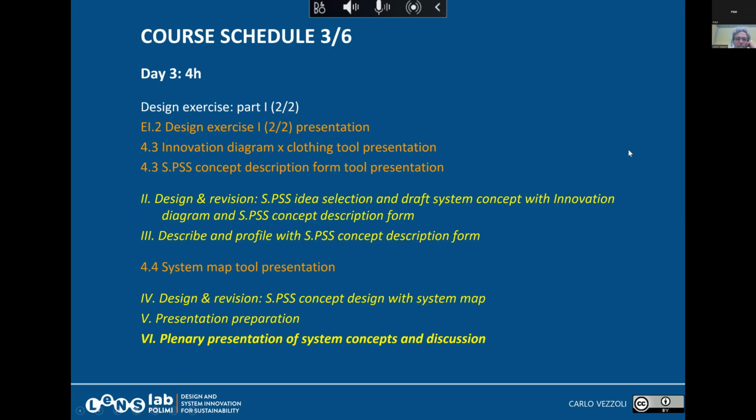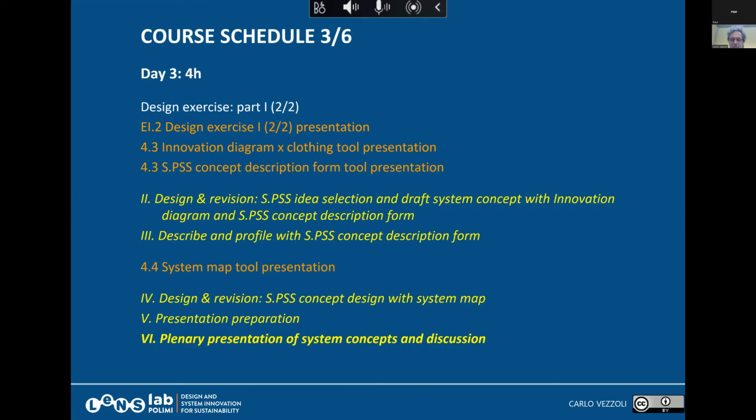The third day, again, there will be a design exercise presentation, and then the presentation of two tools, and then you will be working. Where it is yellow is when it's up to you to work. You will be working in groups and designing using these tools. And then at the end of this third day, you will make a plenary presentation of the concept that you